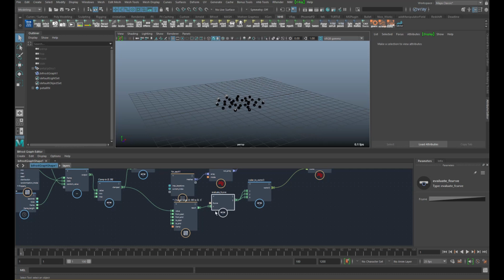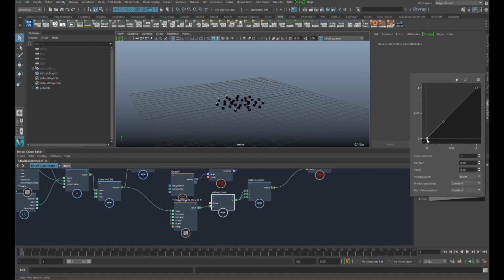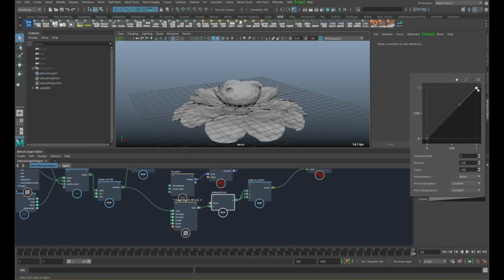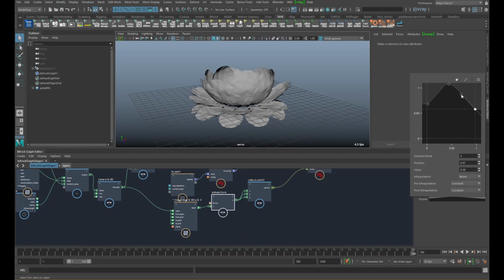So now, in the beginning of the animation, the petals are going to be scaled to 0, and at the end of the animation, the petals are going to be scaled to 1. And then we can just simply change it in the F-curve editor. Maybe like that.